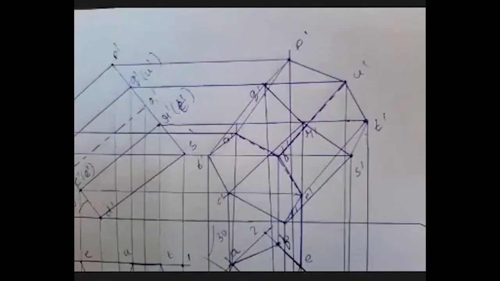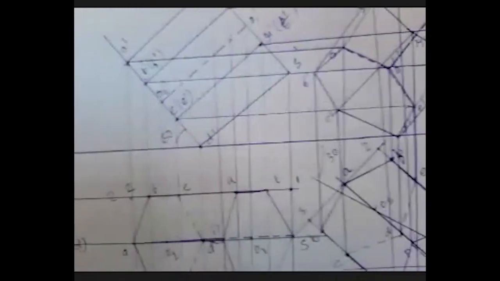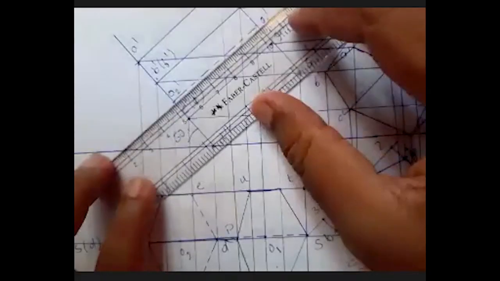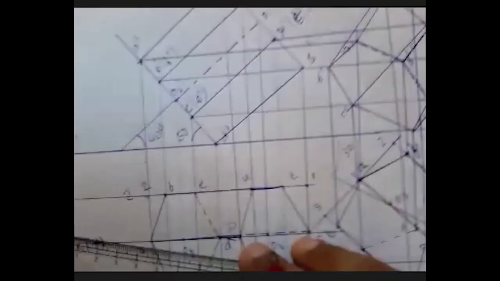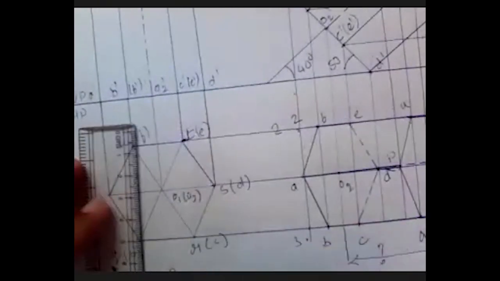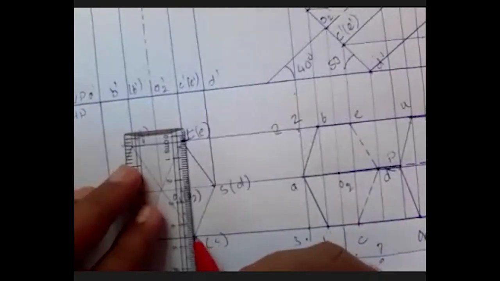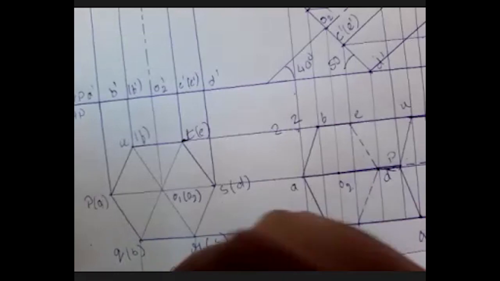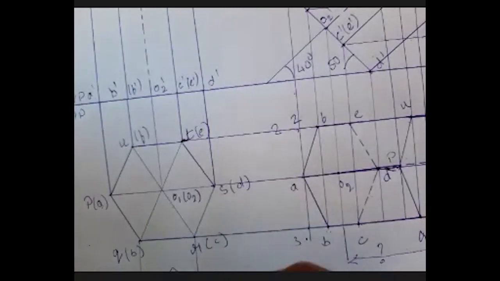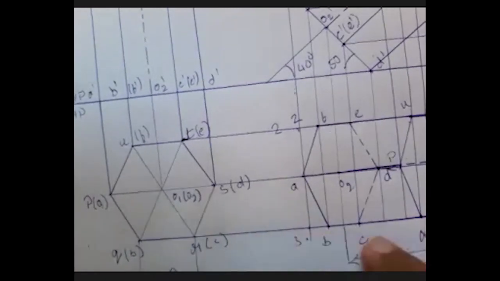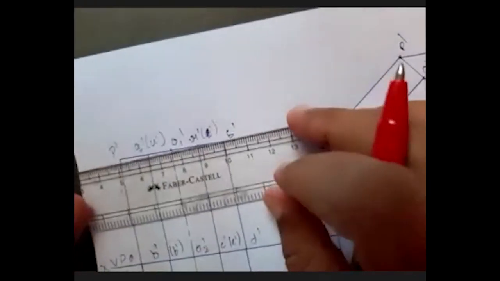So with this, we complete the problem where I need to do all the dimensions. It is very must. This is 40°. Then I need to do this part. It is 25 mm. So I need to draw and write 25 mm like this. Then I need to do the dimension of this axis, whatever is